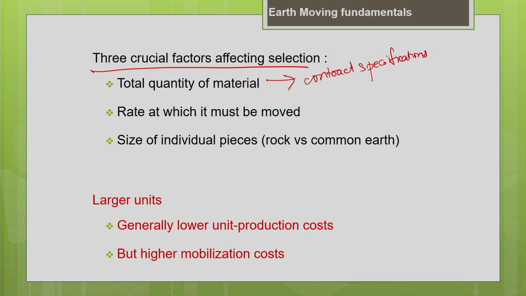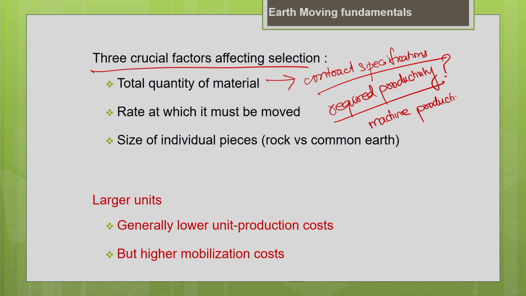Okay, that you can get from the specifications, from the project schedule or the work breakdown schedule. You can get the duration allocated for the particular activity. So now you know the required productivity for that particular job. So from the contract specifications you can get to know the required productivity. From the equipment manufacturer you can know the machine capability or the machine actual productivity. Okay, so you can get to know it from the manufacturer.